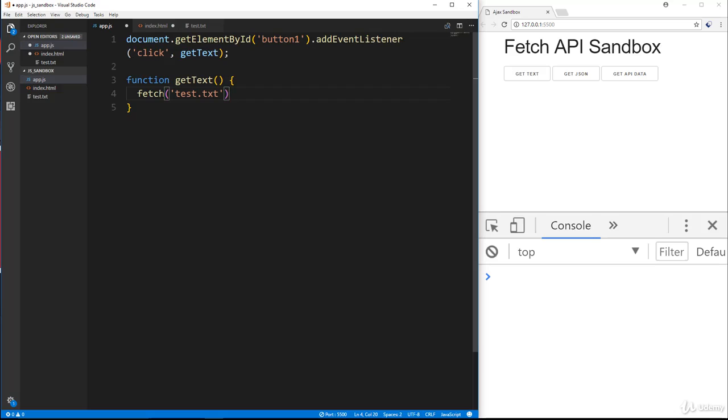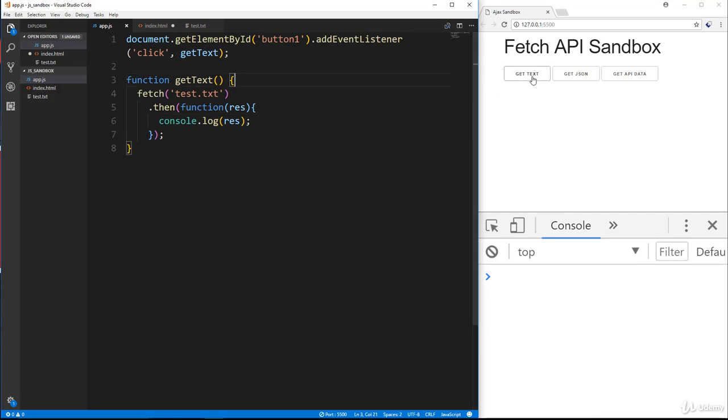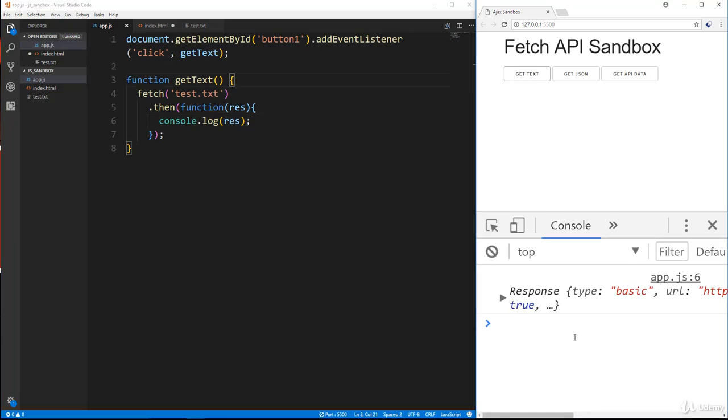Now remember, in the last video we looked at promises and we saw that when you get a response from a promise, you have to use .then. Alright, so we'll say .then. Actually, I'll put this on a separate line, and then we're going to pass in here a function with a response. Alright, and then let's see what that gives us. So we'll say console log res and save, and let's click the button here, and we get this response, and